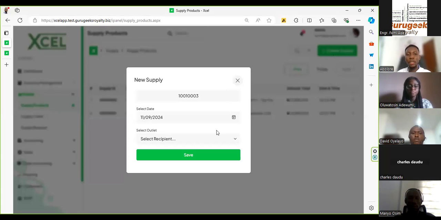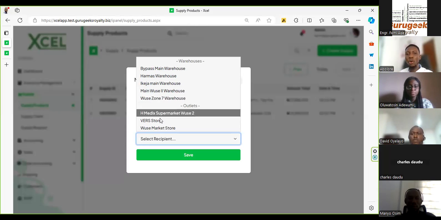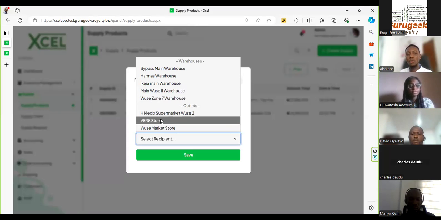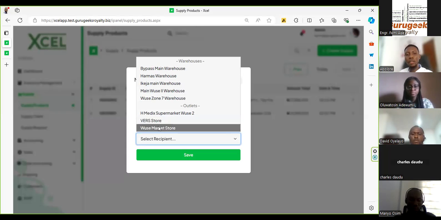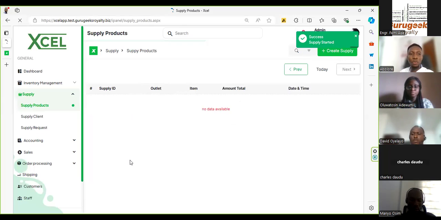By doing so, he can select the recipient outlet or warehouse that he wants to supply to. So here you have all the warehouses he has in his chain of business, and also all the outlets he has in his chain of business. So if he wants to supply maybe Wuse Market Store, you just have to click on Wuse, save it, and then the application will route you through where you're going to be doing your supply. If I create a supply now,